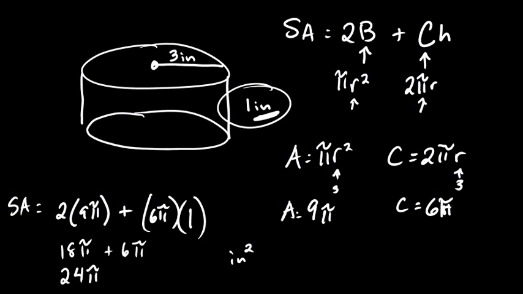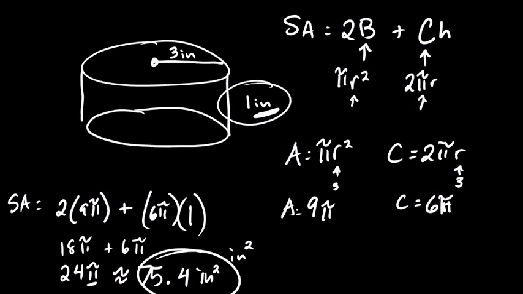If I choose to multiply that out by 3.14, replacing pi with 3.14, I should get about 75.4 inches squared. So the total surface area is 75.4 inches squared, and that would be your final answer,